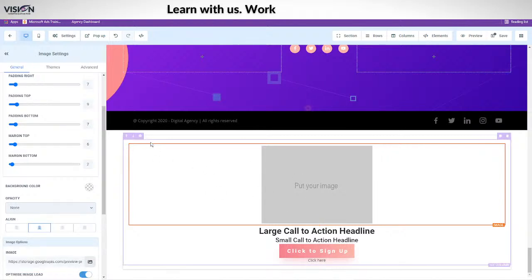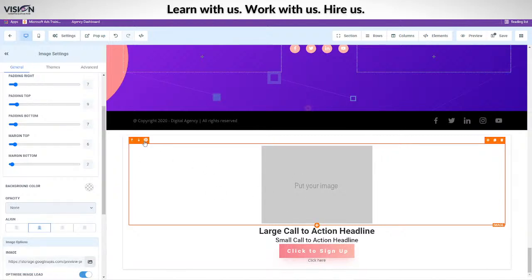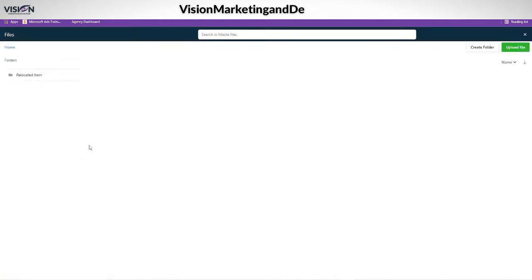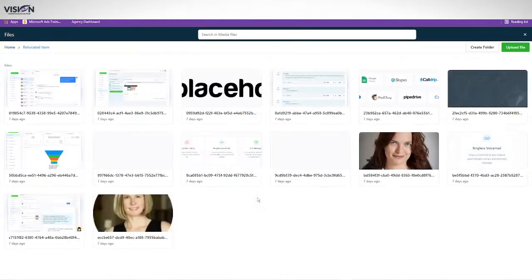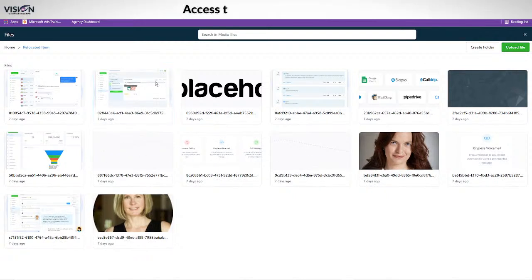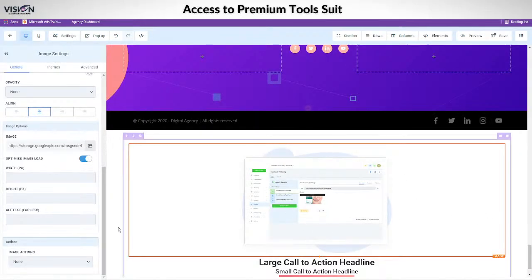If I want to change this image, I want to click here, make sure that I'm on the image, and click here. Now you can put a link from another image if you want to do that, but if you just want to upload the image, you have your gallery here, so I can choose any of these that I want. Let's just say I'm going to choose this one, so I just double click, and then it changes that image there.